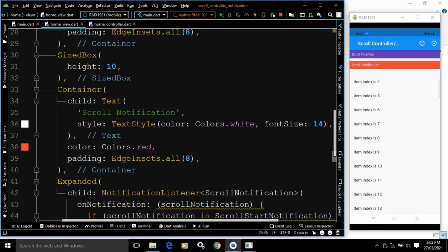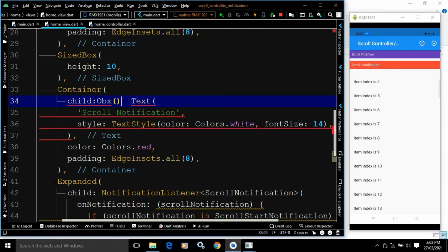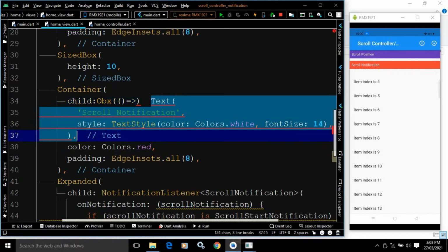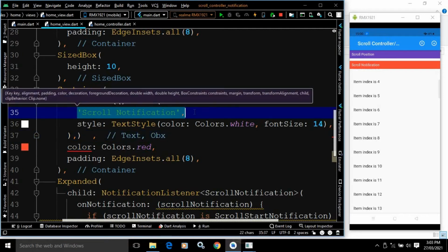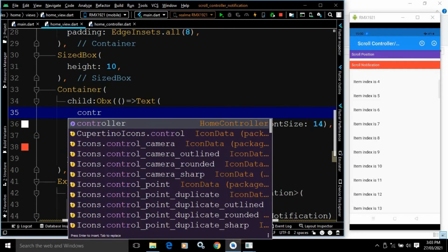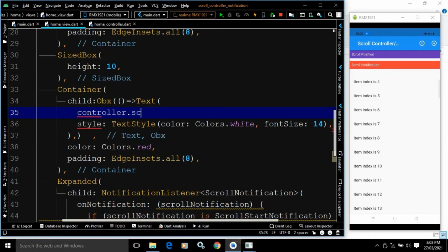Similarly for this container here again I will use OBX, and inside this OBX I will wrap this text widget. Okay, and instead of this scroll notification, here I will write controller dot scroll notification message dot value.